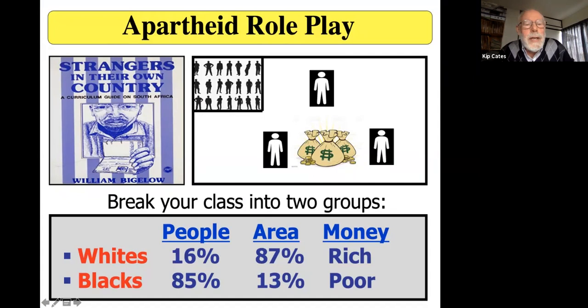Very few have all, very poor. The Blacks are pushed into the room with very little territory. The whites can roam around the whole classroom at will. Very blatant discrimination. You play the game and then you start studying about South Africa because this was the way it actually was. Very, very powerful. Or if you like to use video,